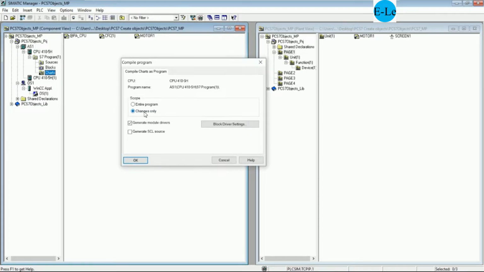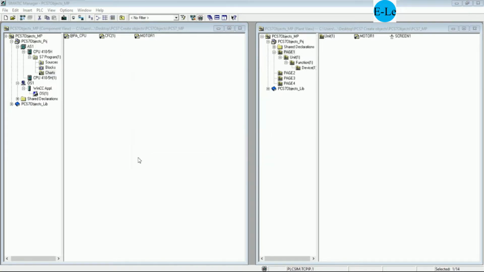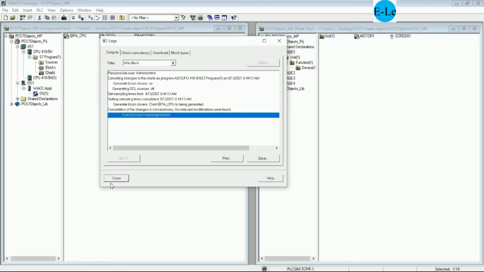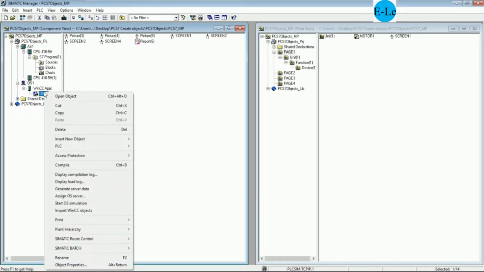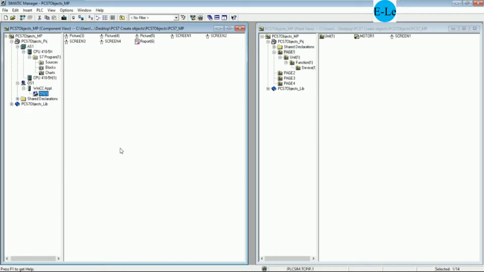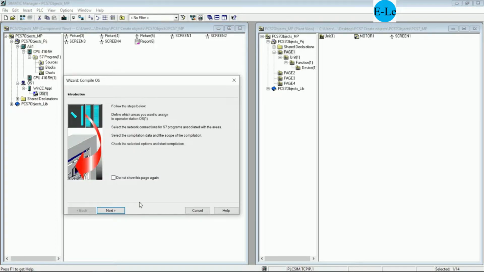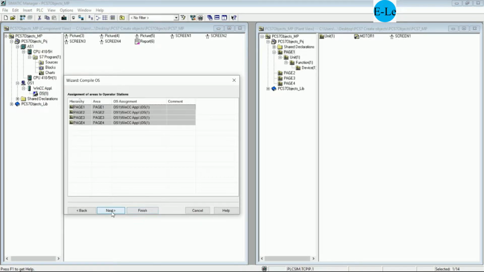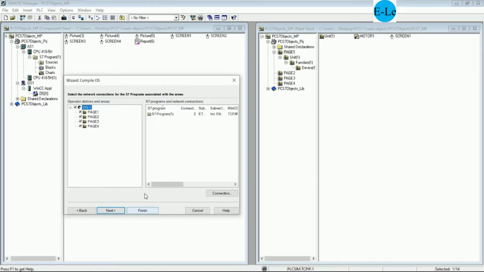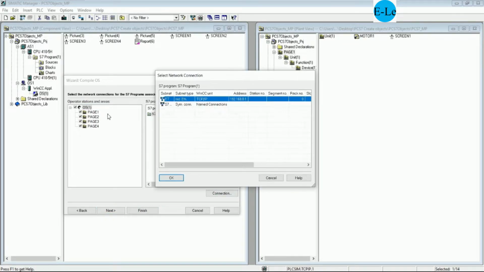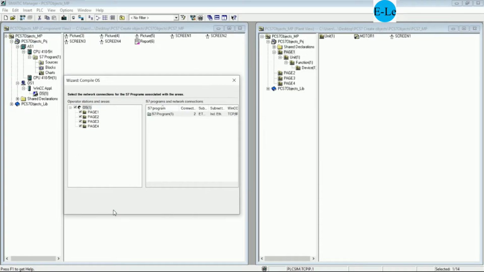Let's test one by one to see the result. Yes, and then I will compile this one also. Yes, make sure the correction is like this. Next,